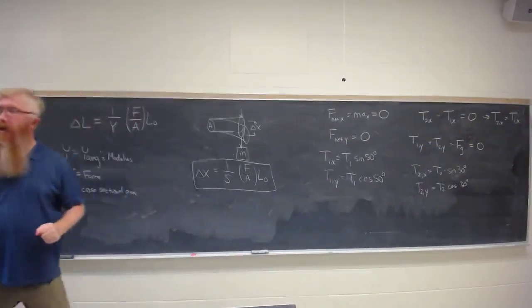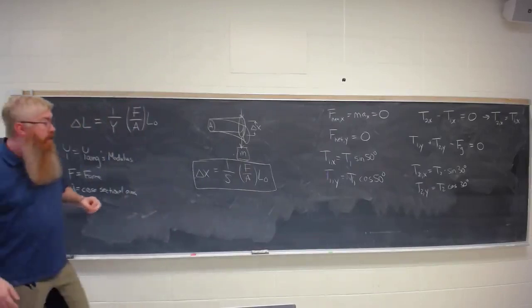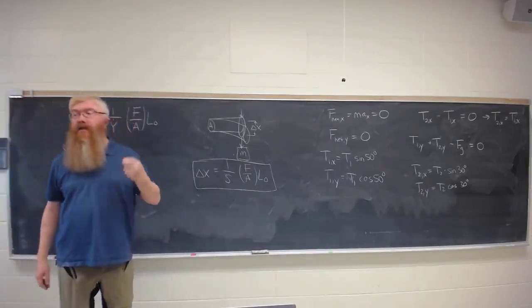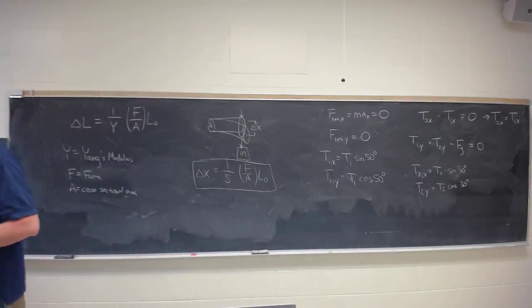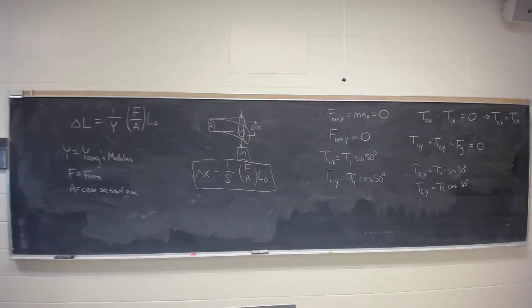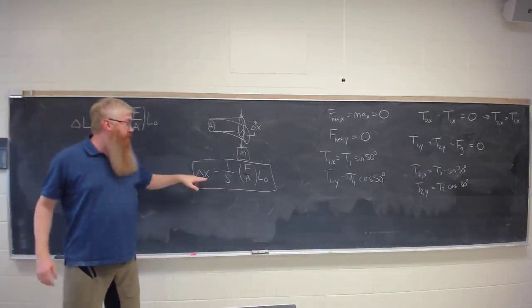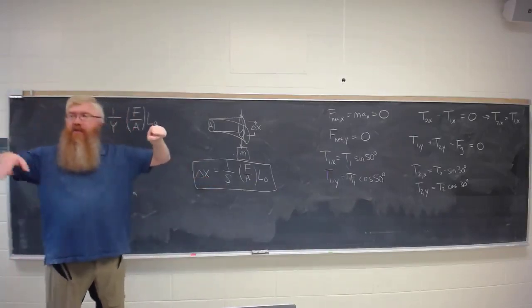What did you say the very last was? I'm sorry? S is the shear modulus. Again, it's something that's material dependent. It's basically how bendable the material is, if you want to think of it that way. Wood would be very bendable. It would have a very small shear modulus, which would give you a big x displacement